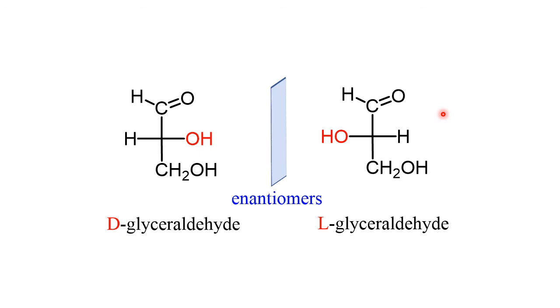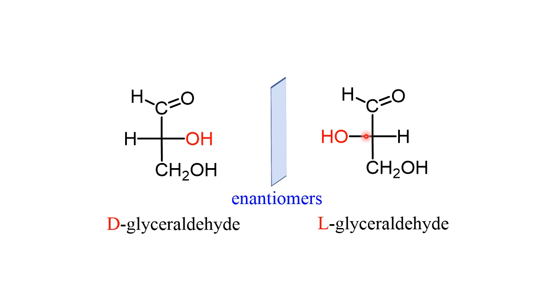So by seeing the direction, we can name it D and L. But in the examination, how to say whether it is D or L? Here we are given liberty. If you take this as L, this becomes D. If you take this as D, this becomes L. So we are given freedom here. When you do the practical, if you see it rotate towards the right, definitely D. If towards the left side, definitely L.